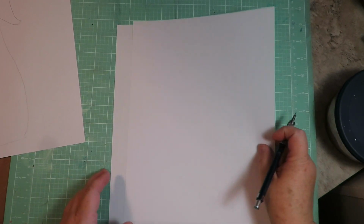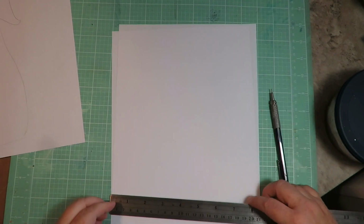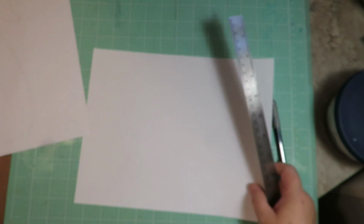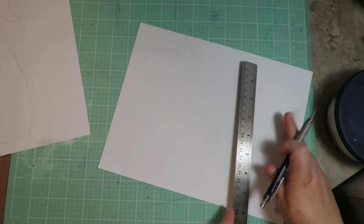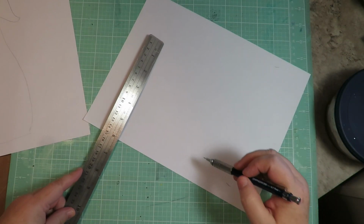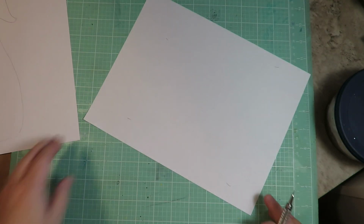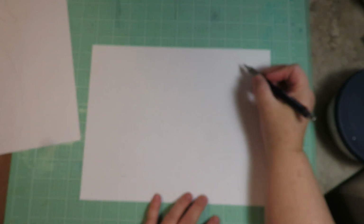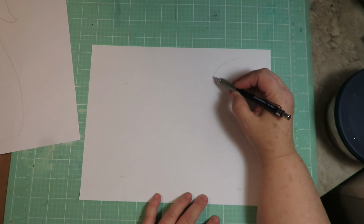So I need one that's 5 inches and one that's 7. They could probably go on this same page. Let's see, this is 8.5. So I'm going to turn it this way, and then maybe I can get them both on one page. But I'm going to mark on here. I need one that's a total of 7 inches and one that's 5. So I'm going to use those as my references because I want my mushrooms to be all different heights. Okay, so for this one, I think I'm going to make the top of it more round